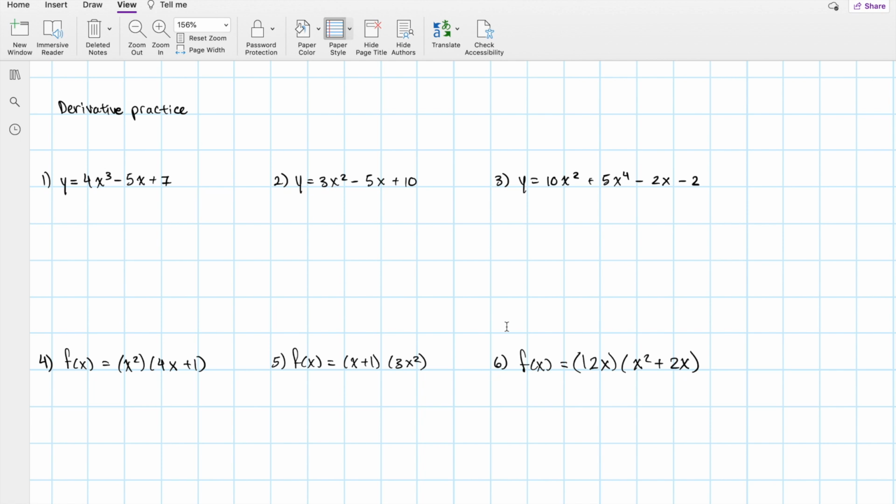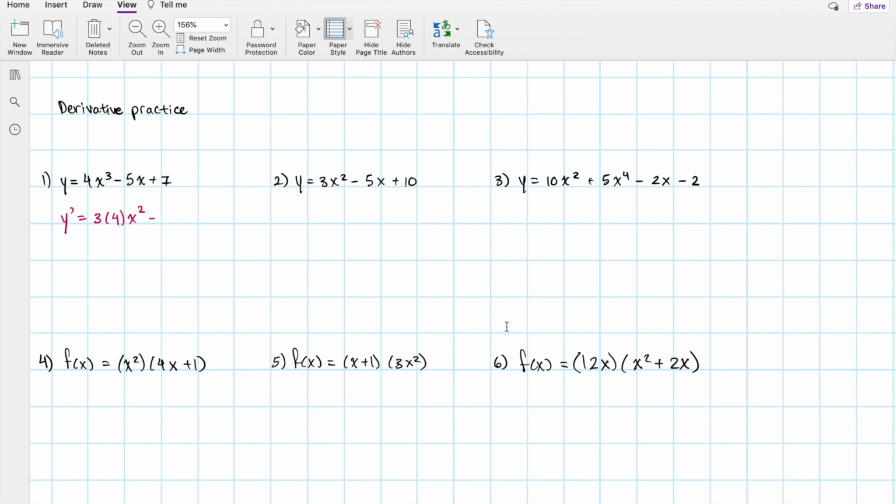Well, we need to recognize here that we just have addition and subtraction coupled with power rules and constant multiple rules. So y prime is going to be equal to the derivative of 4x cubed. Recall, we're going to take down the 3, the 4 stays there, x to the 3 minus 1, just 2, times the derivative of x, which is just 1. So 3 times 4x squared, minus, now the derivative of 5 times x, again, you could take down the exponent,